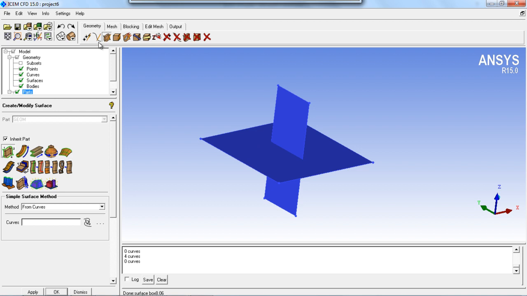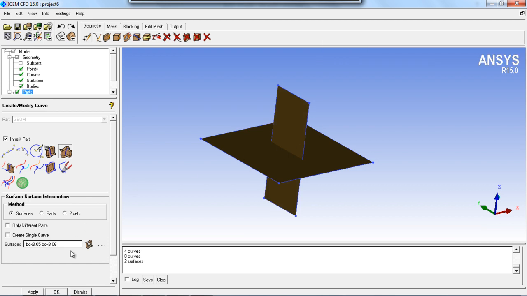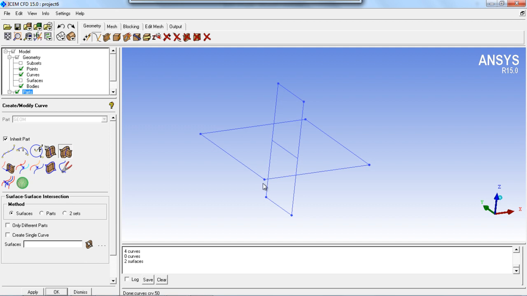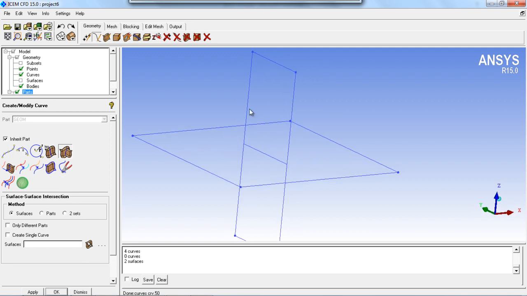Okay, now you can use this option. Now we have got the curve on the intersection of these two surfaces, and this is also necessary to split the surface, these two surfaces.